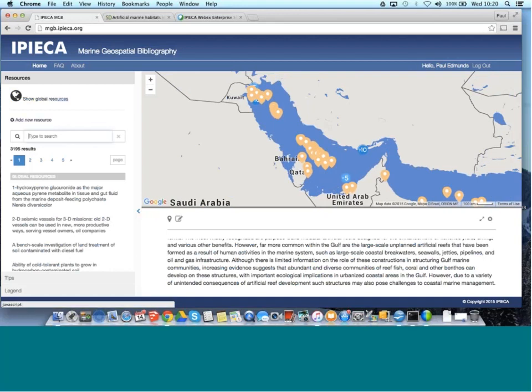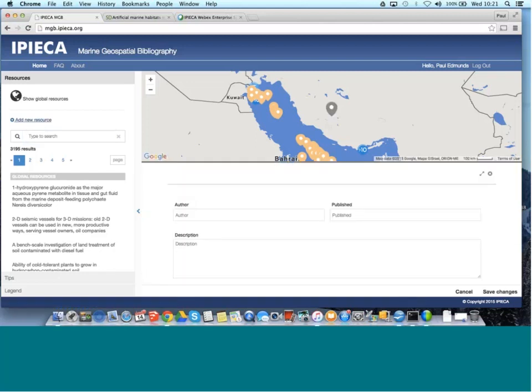If you have a login, you have the capability to add new resources, and the workflow is you would add a new resource, or you would add a number of resources, it would very quickly get authorized by Ipieca, and it would be present in the MGB. So if we go to the add resource,